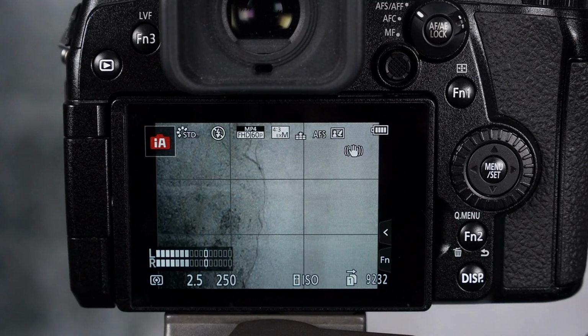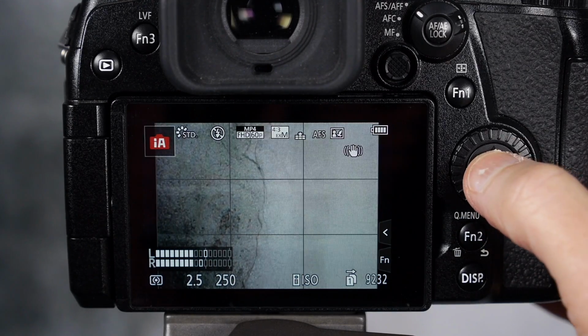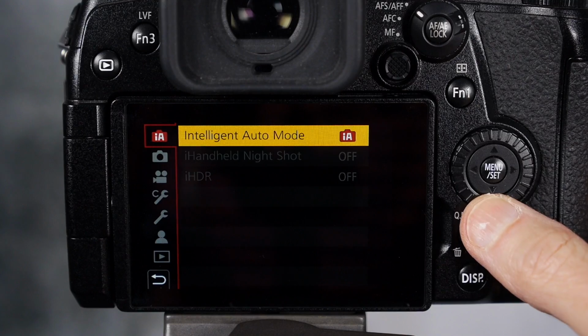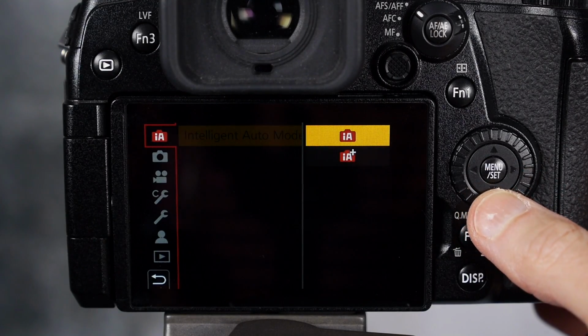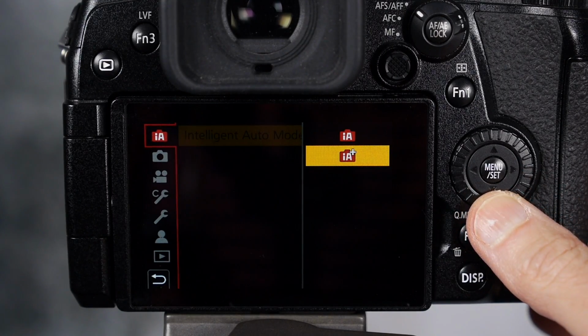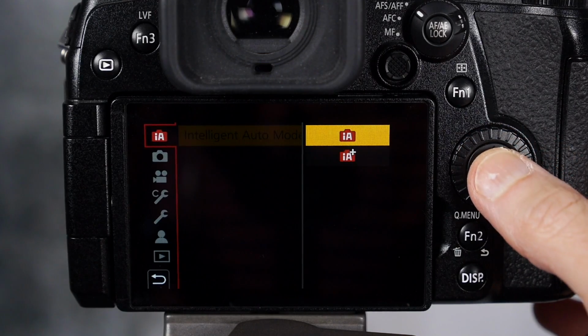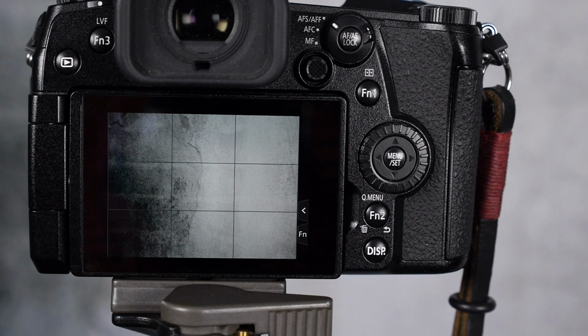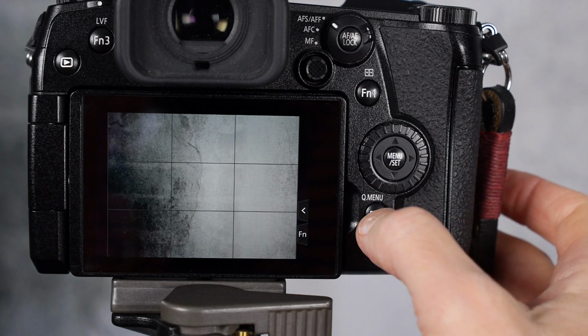Okay, let's set up the Intelligent Auto mode. So you go into your menu and you can see here that you have two Intelligent Auto modes. You have IA and IA+. Let's look at the IA first and see what you can do in that mode. The quickest way to see which features are available in the Intelligent Auto modes is to hit the quick menu.